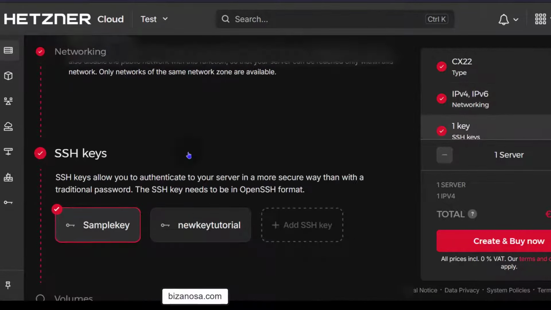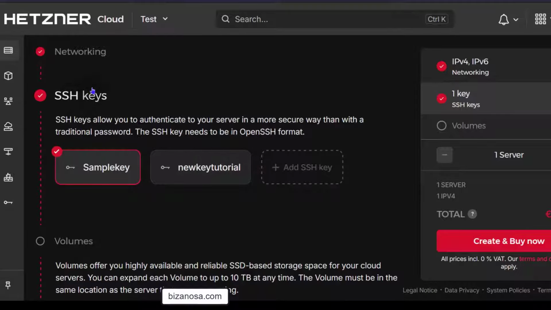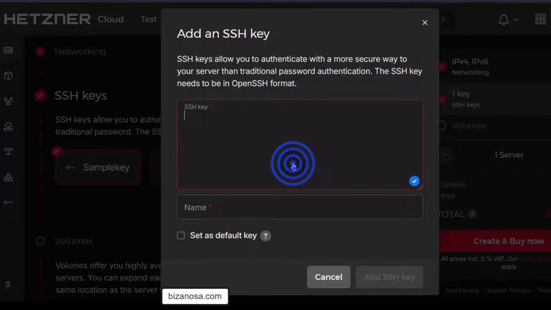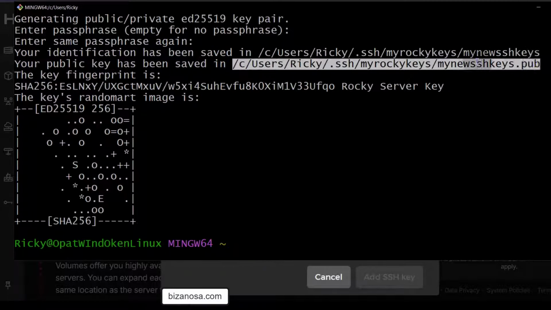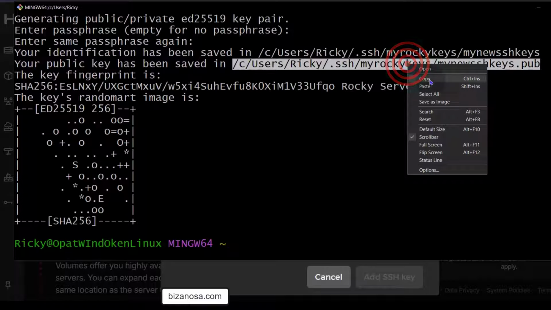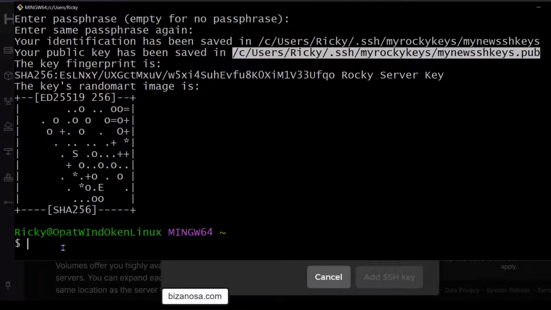And then here under SSH, we need to add our SSH key, the one that we've just generated. And we can do that by coming here and clicking on add SSH, and we need to paste our public key inside here. So our public key, we can find it easily by coming back here, and there is our public key. So I will copy that, and I need to open the key to look at the content of that key. So I will do Control L to clear the screen,